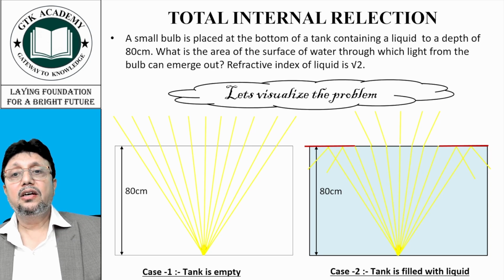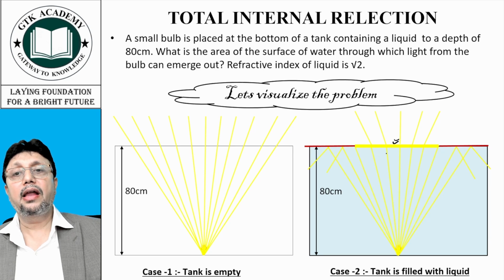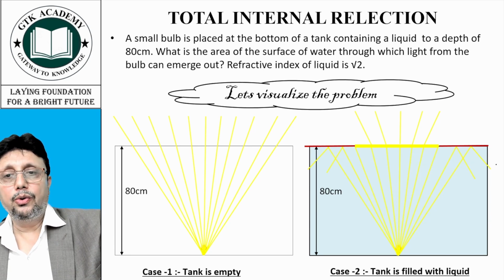So what will we see? We'll see a shining surface like this. So I am telling you a shining surface, but here I am only drawing a line. So please don't get confused. I'll again explain this problem in 3D. In fact, this is going to be a conical shape. This shape will be conical. I'll show you how.